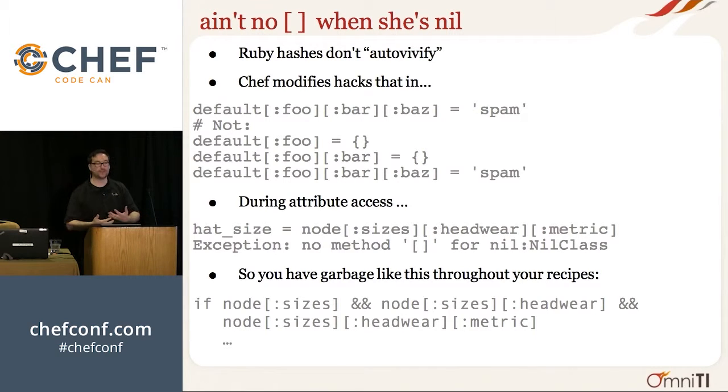But the problem is there's a huge asymmetry here in the access in that when you set things, you get that feature. When you read things, you don't. In Perl, for example, if you read something that doesn't exist 3 levels down, you get undef, which would be nil in Ruby. So you get auto-vivification even on read. In Ruby, you don't. Here you get a no method bracket for nil class,